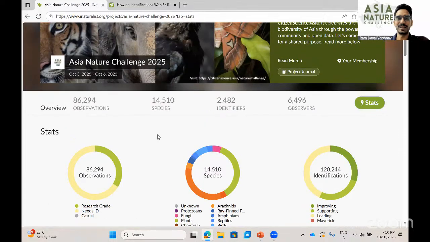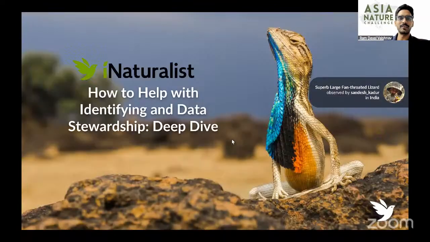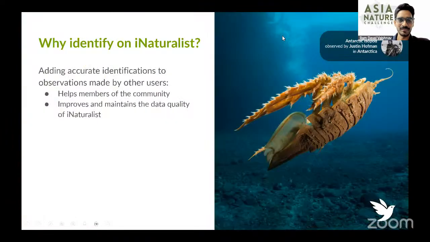Please give a brief introduction of yourself, a little bit more from what I know. I've been working with Casey for a very long time. He has been a very, very active contributor from Hyderabad, India. And mostly he is very active when it comes to identifications. If you have uploaded your observations from Hyderabad, you have most likely seen one of Ravuri's identifications on your iNaturalist observation. So with that, I'll give it over to Casey.